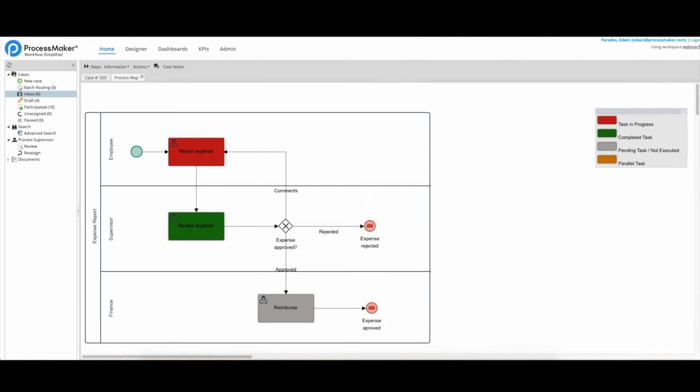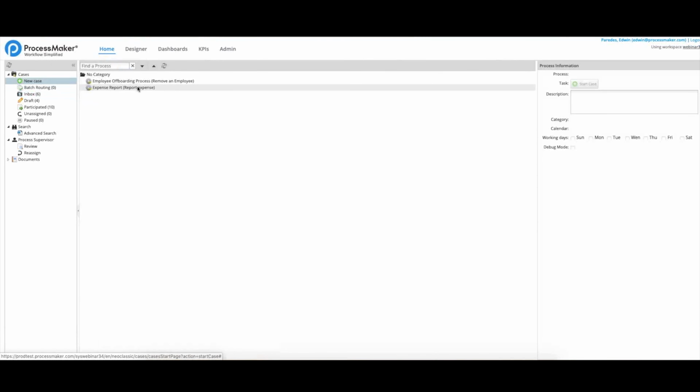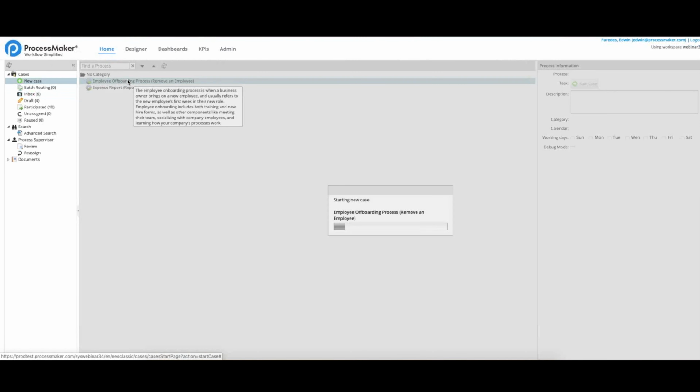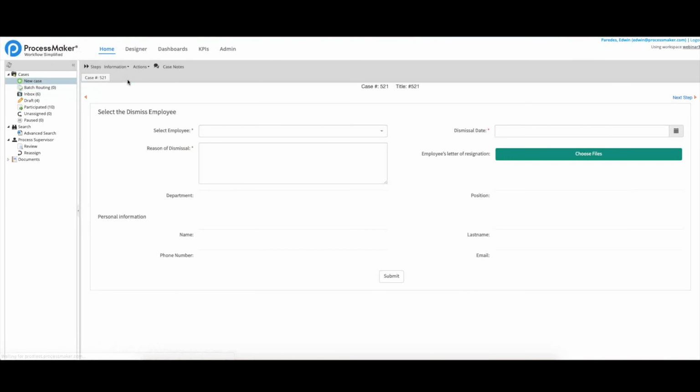It is said that every $1 invested in user experience results in a return between $2 and $100. That's why we aim to improve the use of two of the most popular features in Dynaforms, the suggest control and the dependent fields. Okay, let's go to new case and create one case here. The suggest control